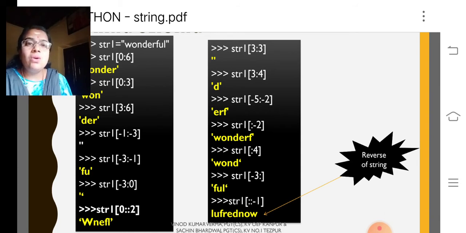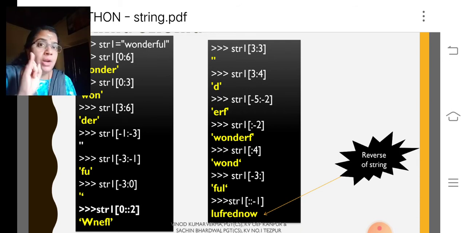Then 0 colon 0 colon 2, that is 0 colon 2, means 0 to the last character using the step value as 2. Here also we can have a lower bound, upper bound and step value.